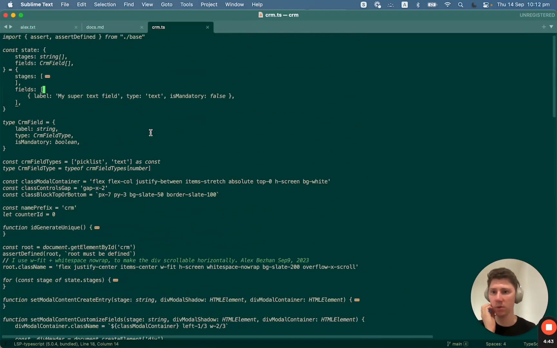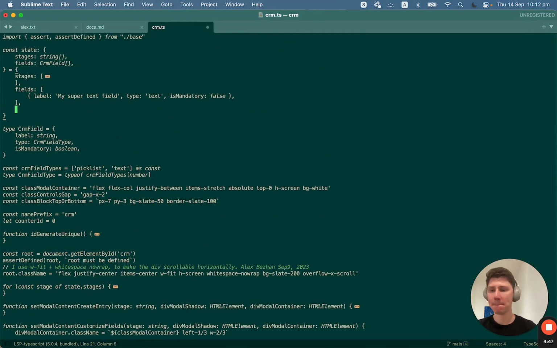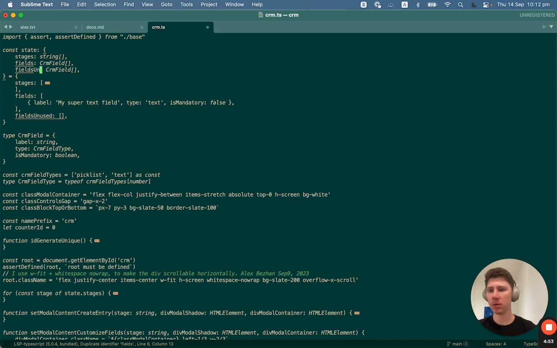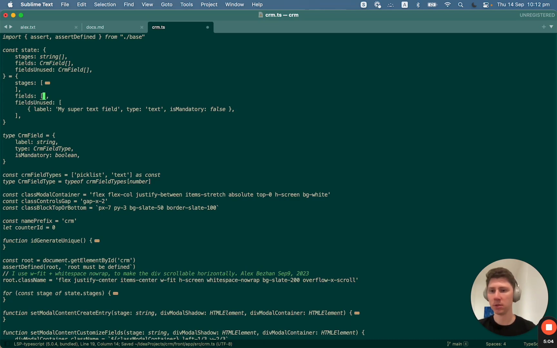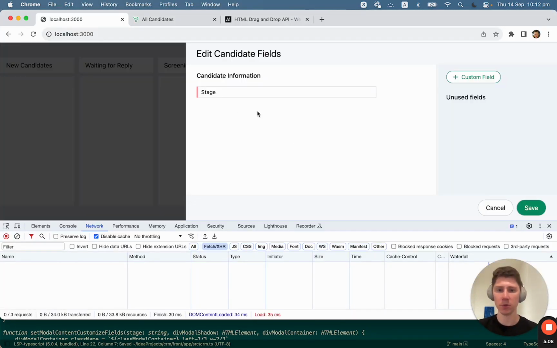So maybe we want to have fields unused, and it will be the same type, and I can just move this guy here, right? Okay, so now this guy is empty and we have to render it on the right,